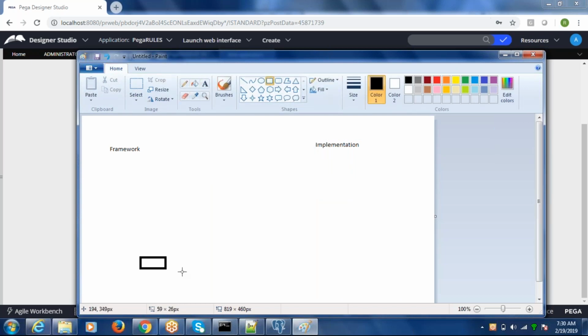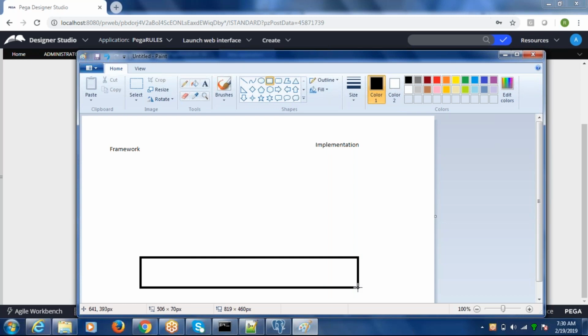Let's say I created a framework, a common application which will do the job of recruiting people. Once the common behavior is defined for the recruitment process, there could be multiple implementers who will implement their applications as per their requirement.